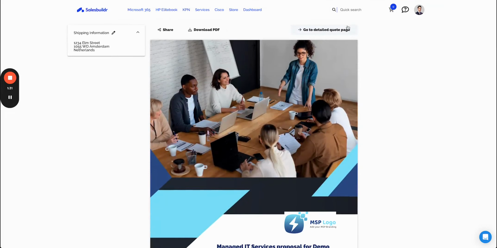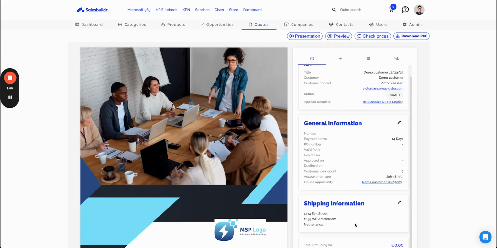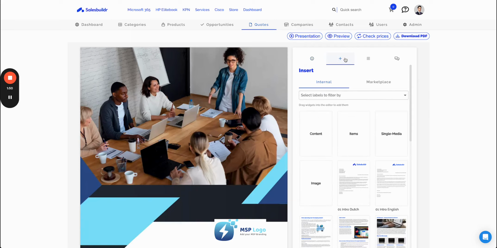Now we're going to jump into the editor. And the editor shows you the proposal on the left side and the information panel on the right side. And the information panel contains customer information, proposal information, and address information. And you have three options here. This is to insert a pre-formatted